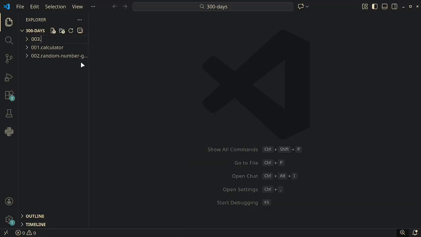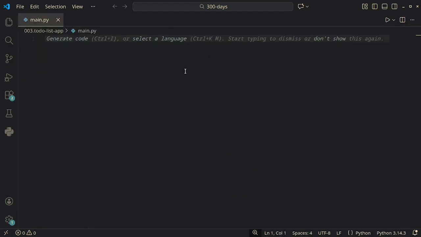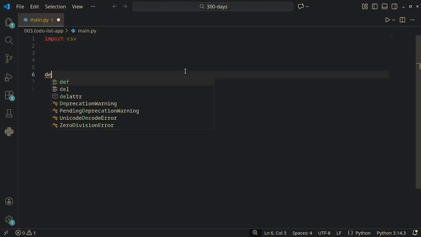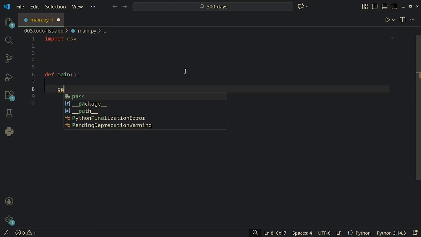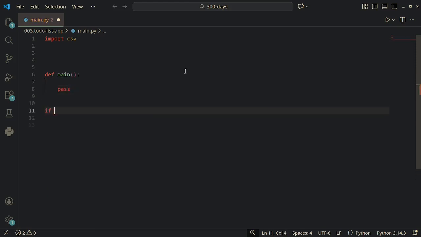First of all, the appropriate file for it, to-do list app, then a Python file inside of it. So inside of this file, let's import CSV and as usual create our main function. So it will be pass here for now, then our main block here at the end, then the main function like this. Then in the main function, what I want to do is